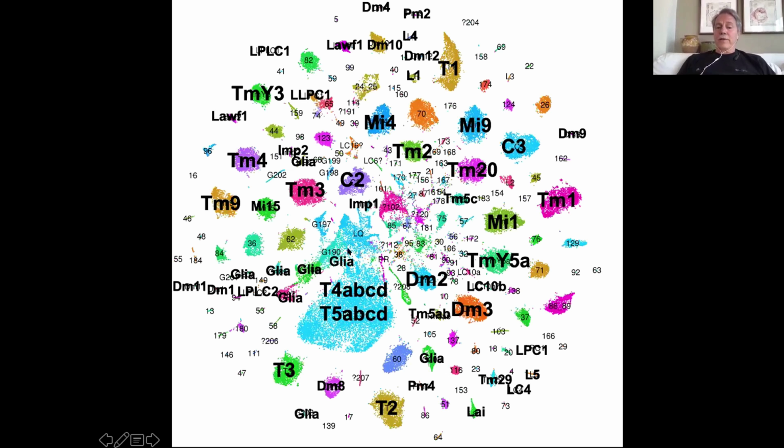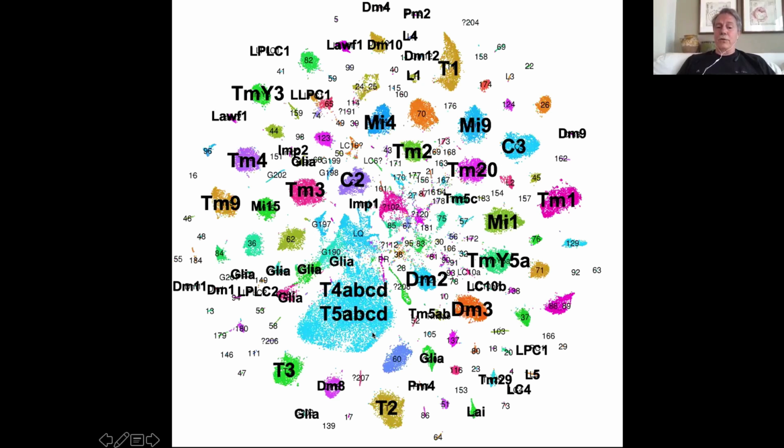This example actually is this big, huge blue cluster here. And usually if you do single-cell sequencing and you see a large cluster like that, you know it's crap. Some crap neurons, or the ambient RNA. In this case, it's not actually crap, because actually these neurons here, the T4A, B, C, and D, and T5A,